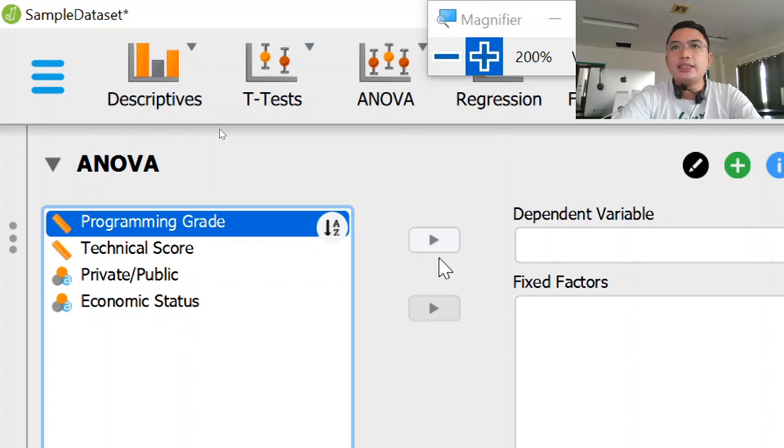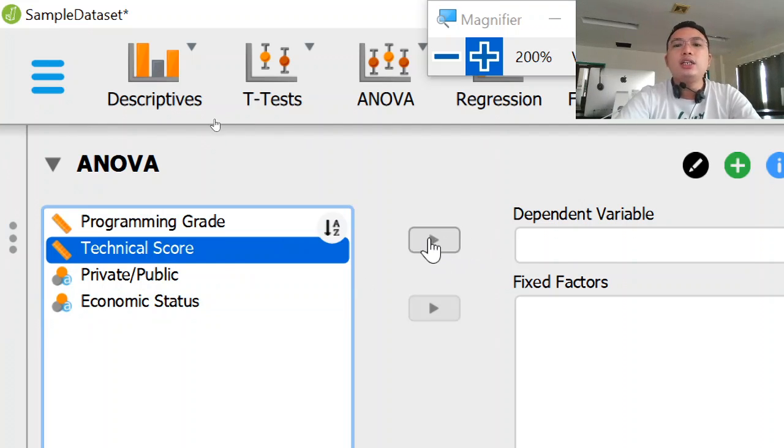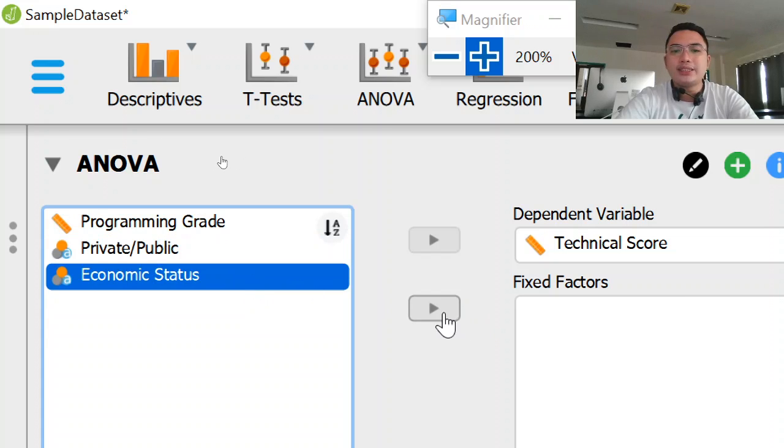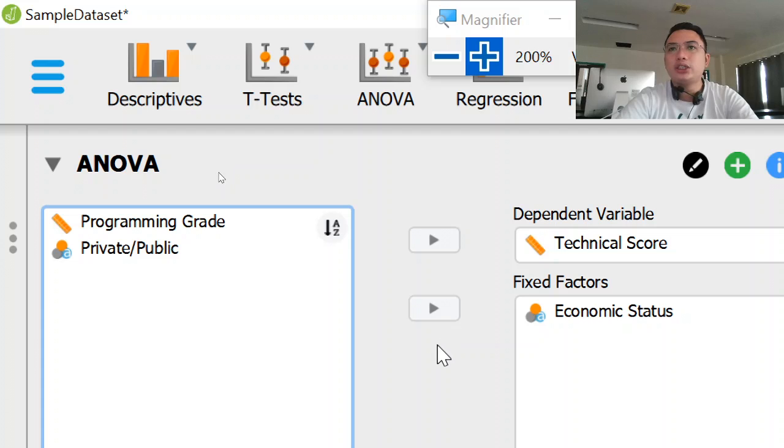So we'll be placing technical scores into the dependent variable box. And then for the ANOVA, the fixed factors basically refer to your independent variable. So we'll be putting economic status in our fixed factors.